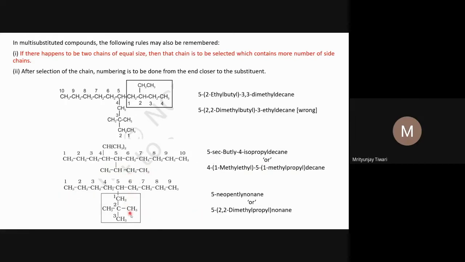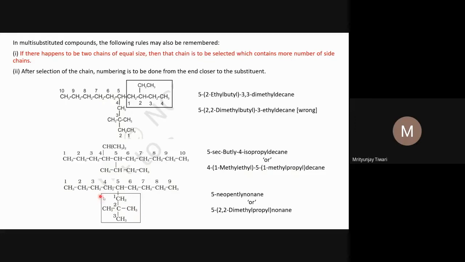Now what we see in this compound is that 9 carbon atoms are there, and this branching is at the fifth position. And if we go in this direction, 5, 6, 7, 8, only 8 carbon atoms. So this is the main chain. If in the two directions the number of carbon atoms is the same, only then will we choose the direction that gives more branches. If the number of carbon atoms is different, the chain with the highest carbon atoms will be the main chain or the parent chain. So this is the parent chain and not this one,